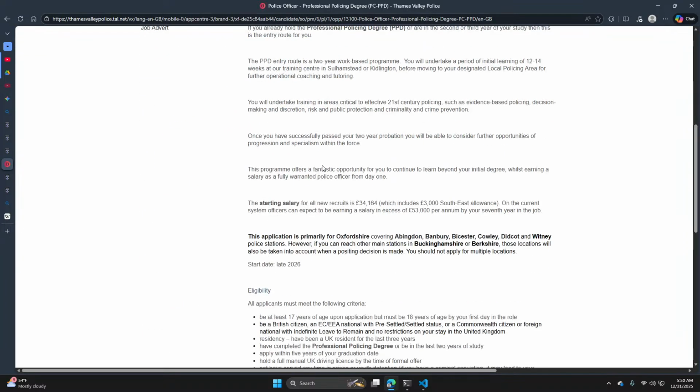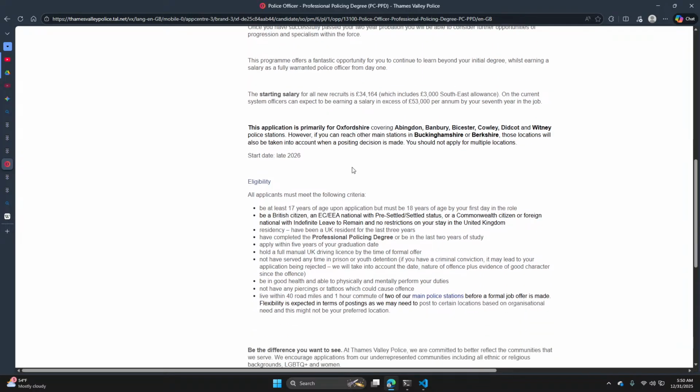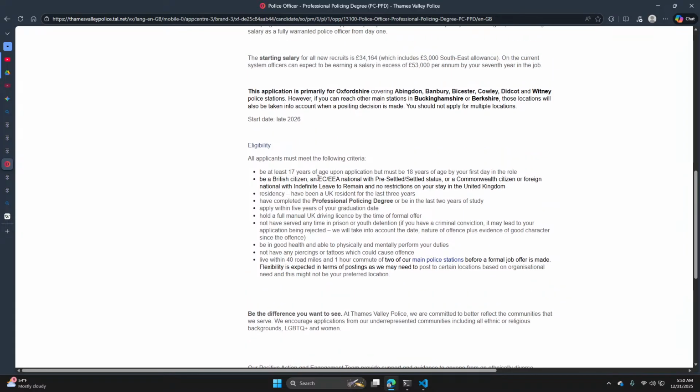Starting salary is about £34,000. Can I live off of £34,000 in the UK? That's a problem. British citizen or Commonwealth citizen.